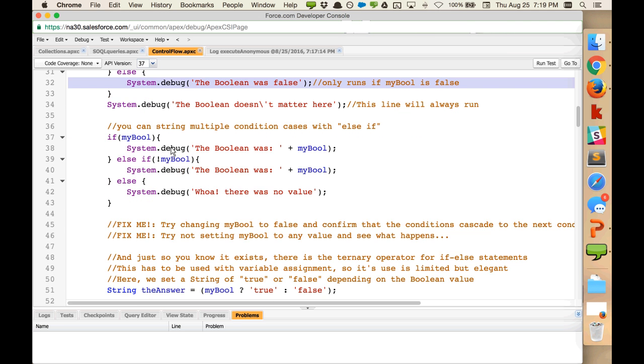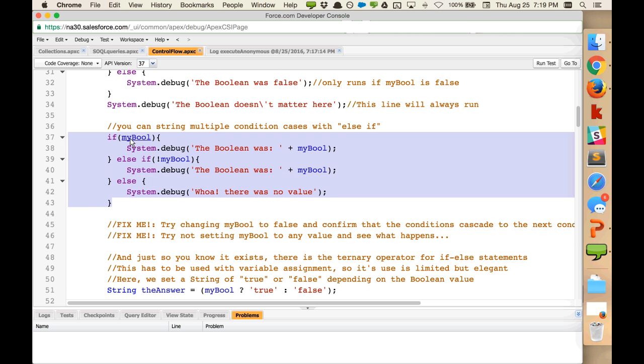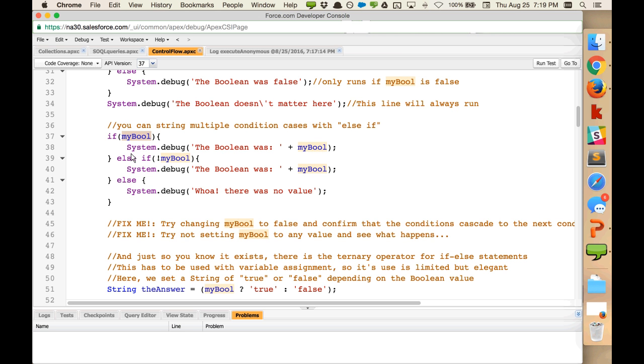We look at our next block of conditionals here. Again, if my bool is true, we're going to do 38, but it's not. It's in fact false. And so here, it's going to drop false in, but with that not operator, it's going to reverse it and make the conditional true. My Boolean still remains false, but that means it's going to execute line 40. So if we run this now,